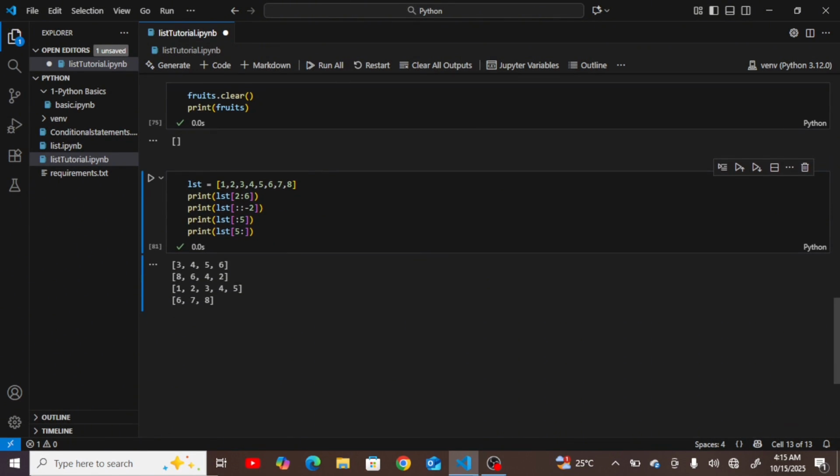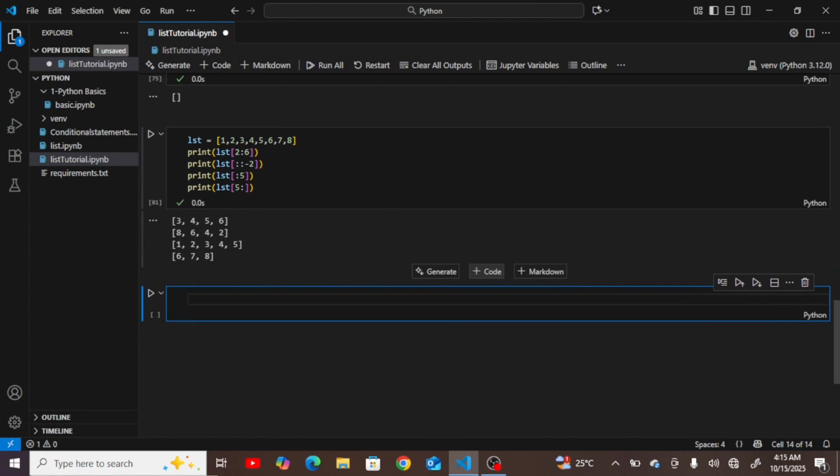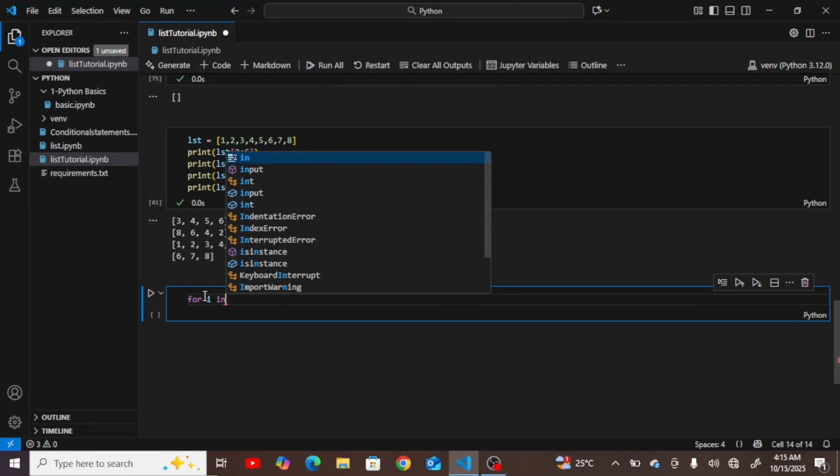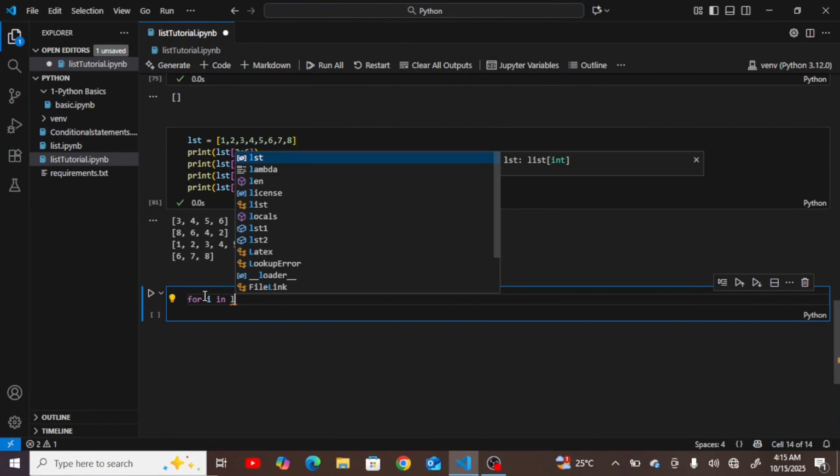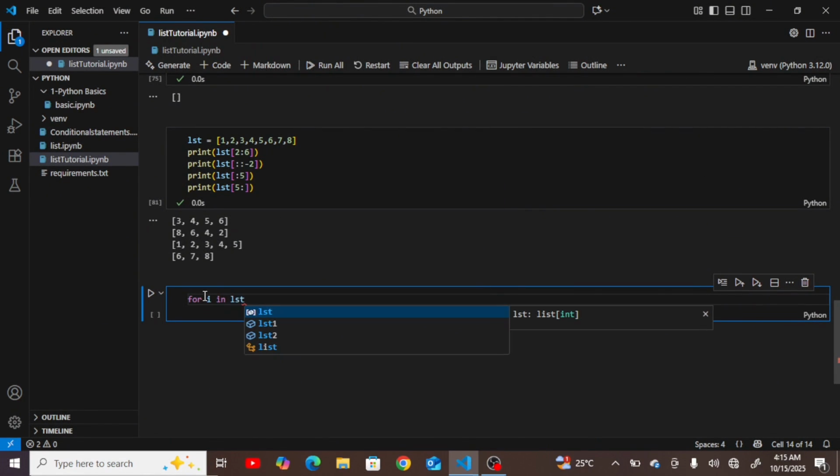So the next thing I would love to show you is iterating over a list. This is just basically like leaping over a list. Let me say for instance we have this list and then I want to iterate. This is for i in list,